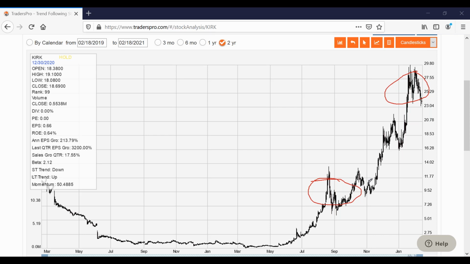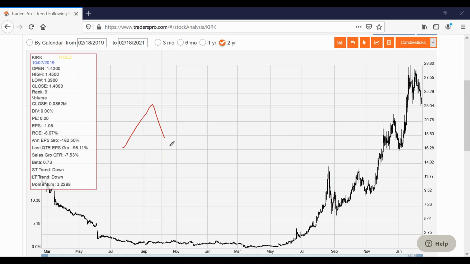Okay, if it's chaotic and all over the place, I don't even mess with trying to. If I pull up a stock and it's doing this, okay, I'm not going to try to find a wave count on that. Okay, but it doesn't mean I can't trade it. You know, it could be, let's say it's doing this.